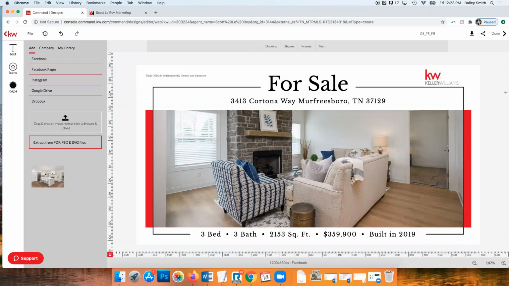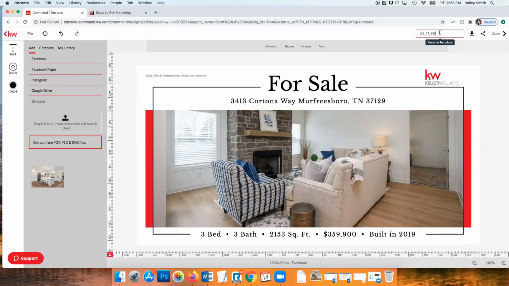So my piece is now complete. We want to save this. So up here at the top, I would just make sure that this is set to auto save. It should be automatically, so that's great, which means it's saving as we're working, so we don't lose anything. But let's go ahead and save this, just take one more step. So right here you can see it says